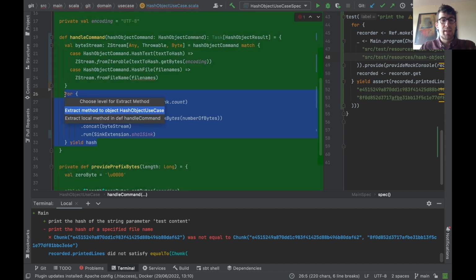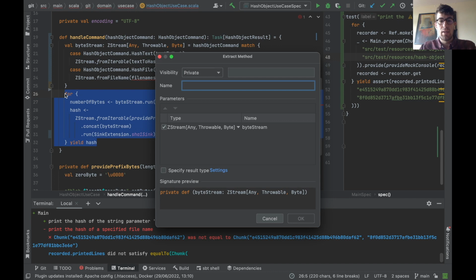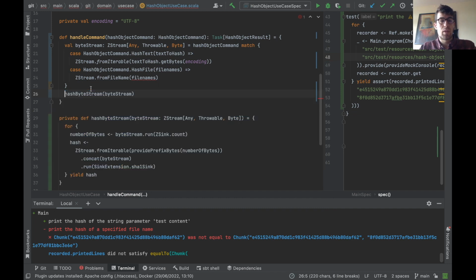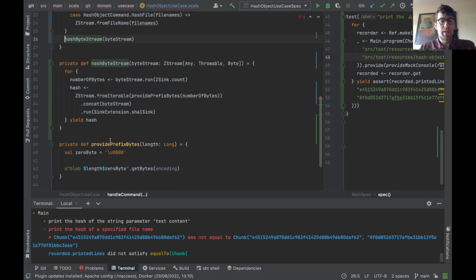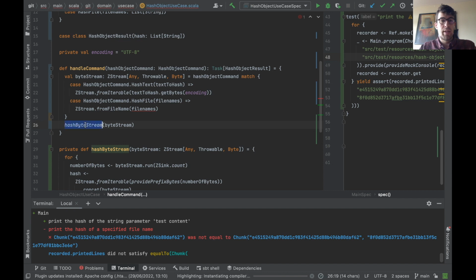I'm going to extract that into a method here, which is going to be hash by stream. Okay, perfect. So now we can call this hash by stream with the file, and